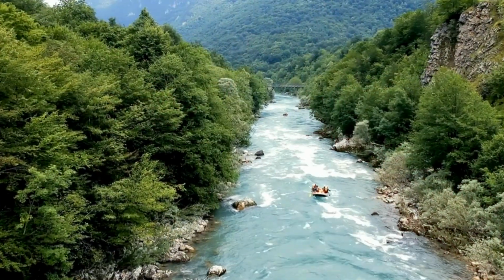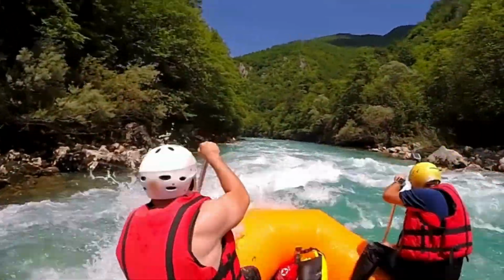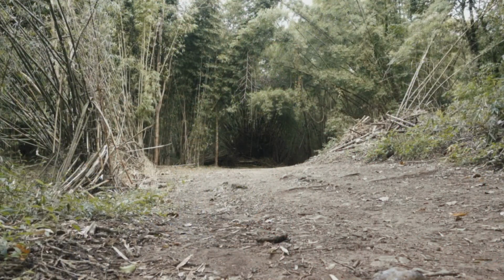on Highway 93. Some of the things to do here, well, first off, it is the whitewater rafting capital of the world. So fishing, whitewater rafting, kayaking, motorcycle riding, horseback riding, hiking, anything outdoor related can be done here. It's also in the National Forest, so there's lots of trails for horseback riding, also adventure motorcycles and